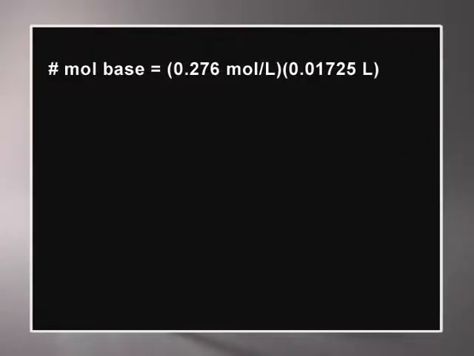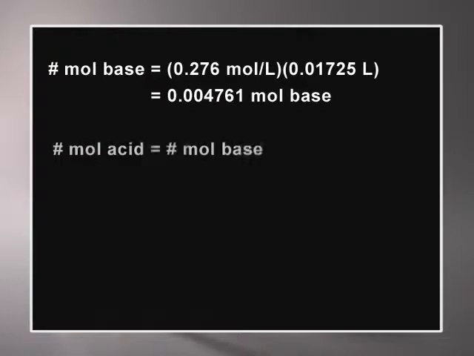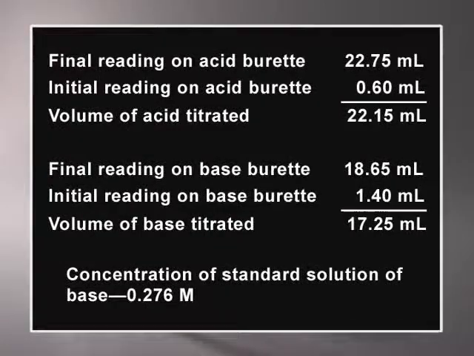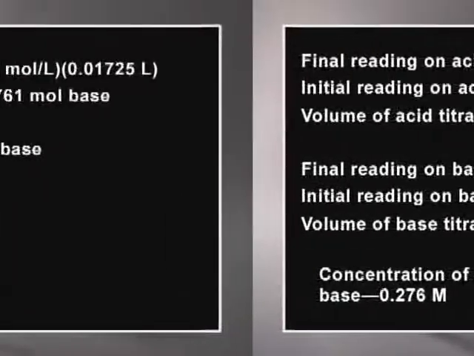So the number of moles of base added is equal to 0.276 moles per liter times 0.01725 liters, which comes to 0.004761 moles of base. At the equivalence point, the number of moles of acid has to equal the number of moles of base. So the number of moles of acid we had in our reaction must also be equal to 0.004761 moles. And since this acid had been contained in 22.15 milliliters of the original acid solution,